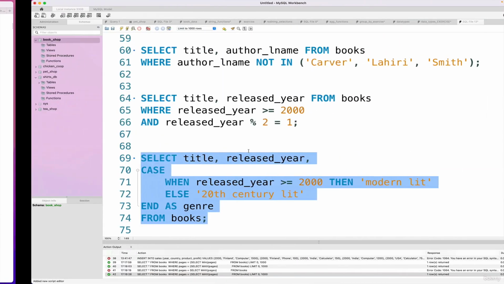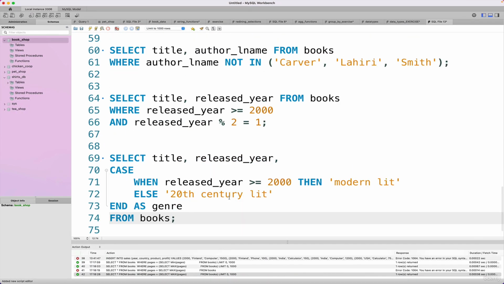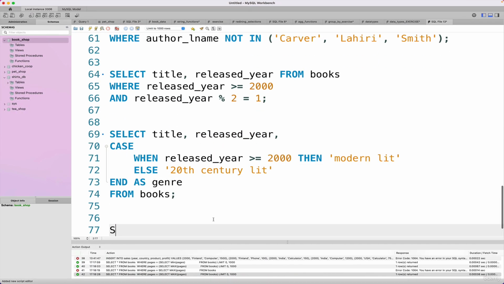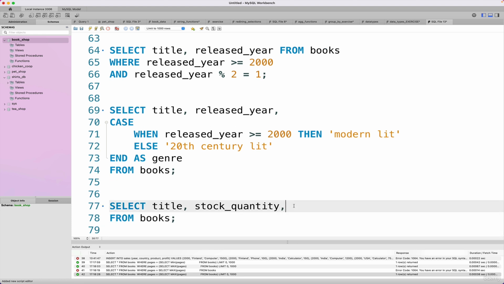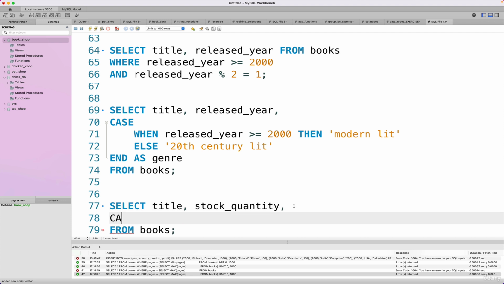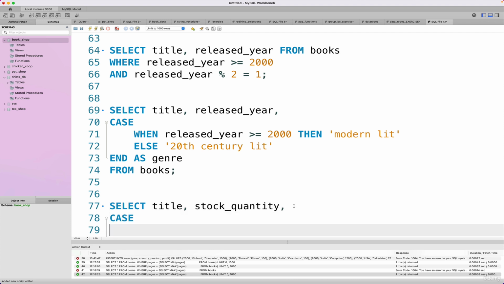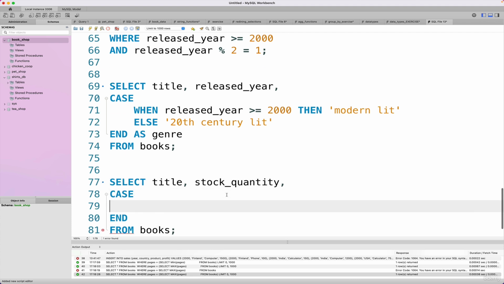So why don't we try recreating that one? We'll do the same thing. Select title and then stock quantity from books. And then our next column after stock quantity, don't forget you need a comma, just as if you were selecting another column, will be a case end. And we'll say when stock